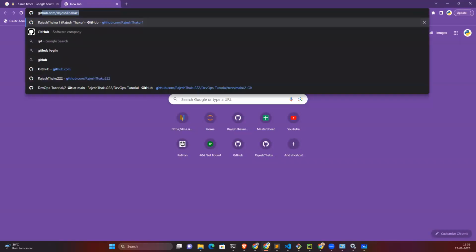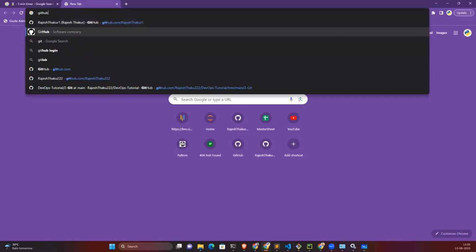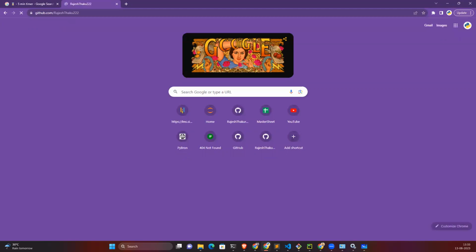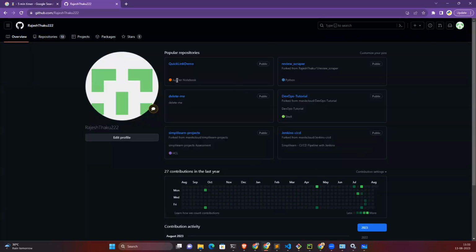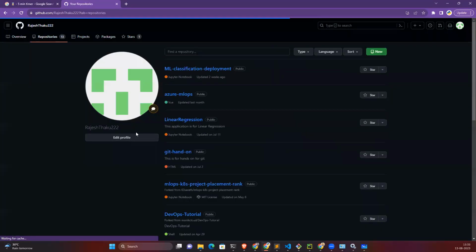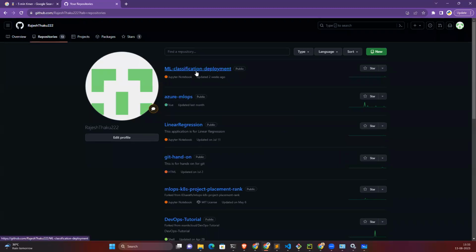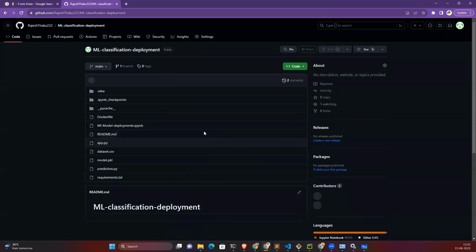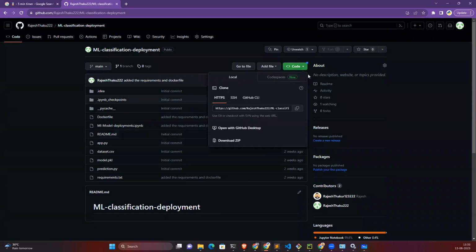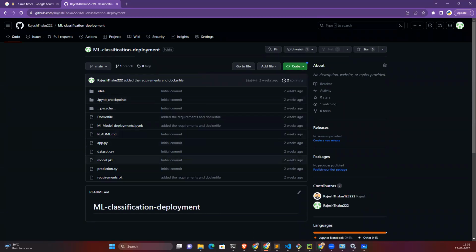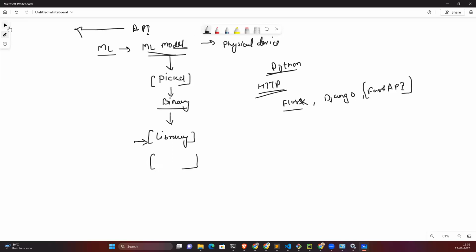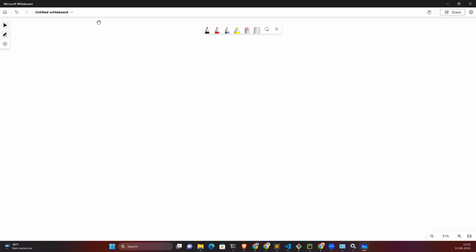So what we can do, we can go to GitHub. I will talk about GitHub as well, don't worry. But as of now, let me show you the code. First, let's talk about Git and GitHub as well, because you guys have to clone. Now we understood the API. Now we are going to understand one more thing, which is called a shared code repository system.